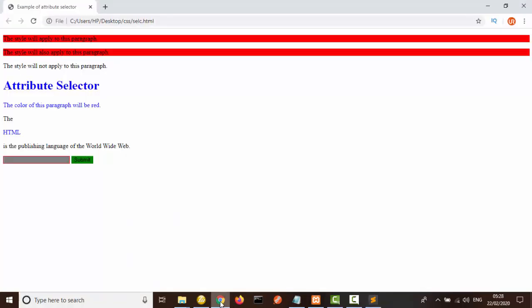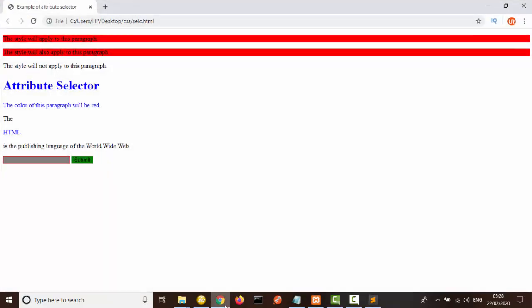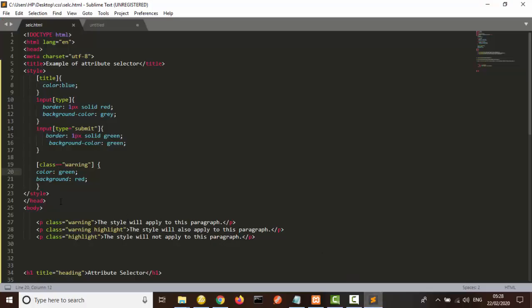Okay, here we are. So I made the background red and it showed. So let me change this too, so that we can have, okay, so the color is green. So what I did is to use this sign. I don't know what you call it in mathematics. We call it approximate. We use it for writing approximate. And so now if you look at this, the third one was not highlighted, and it's simply because